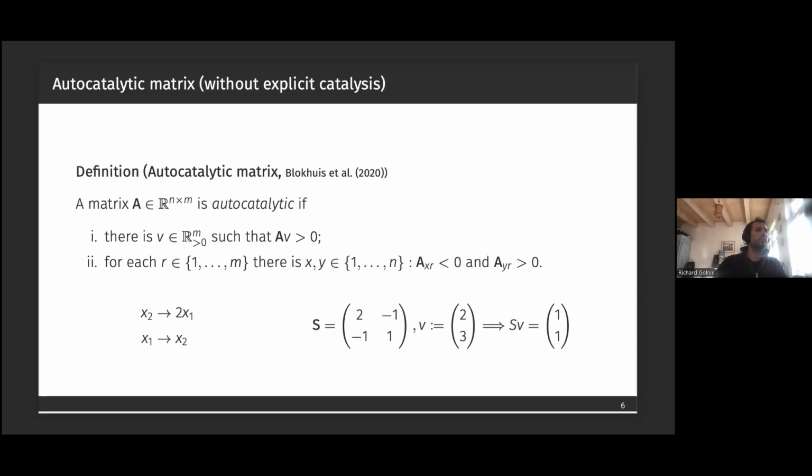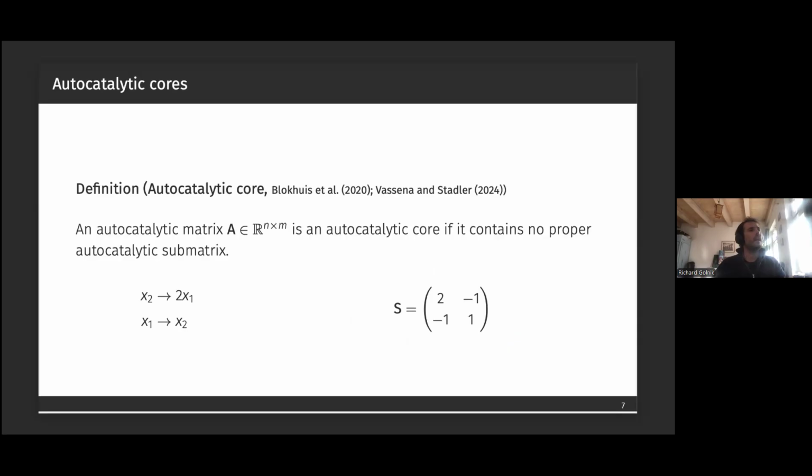And then relatively quickly comes the question, okay, is this the smallest autocatalytic matrix I can find when I consider these kinds of species and reactions? This leads to the definition of an autocatalytic core. An autocatalytic core is nothing more than an autocatalytic matrix that does not contain any proper autocatalytic submatrix. And the example before was an autocatalytic core, because I cannot find any autocatalytic submatrix inside here anymore